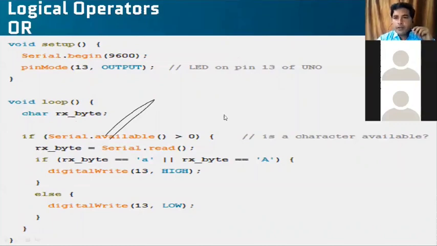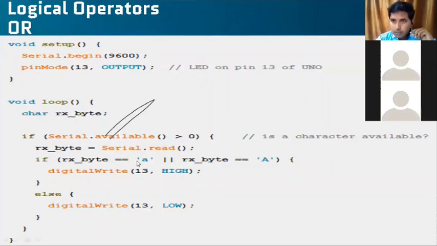See, here we are using logical operators. See here what my program is telling. Again, I have to mention pin number 13. I'm writing an LED example. 13 has to be an output. What I'm writing in the loop: if character is greater than 0, and if my character is equal to small a, or here I'm using the logical operator OR.